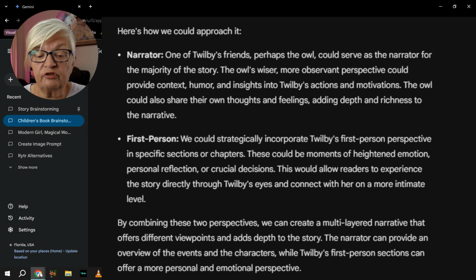First person: we could strategically incorporate Twilby's first-person perspective in specific sections or chapters. These could be moments of heightened emotion, personal reflection, or crucial decisions. This would allow readers to experience the story directly through Twilby's eyes and connect with her on a more intimate